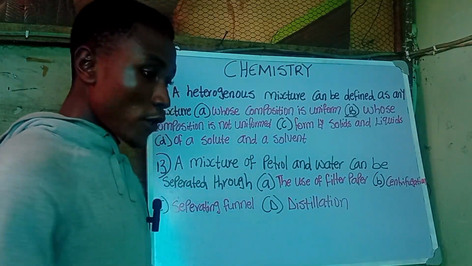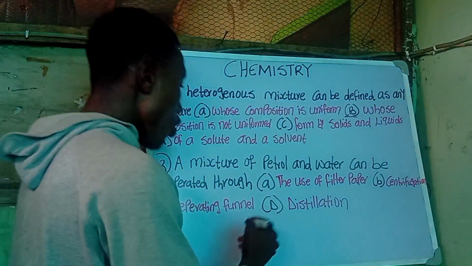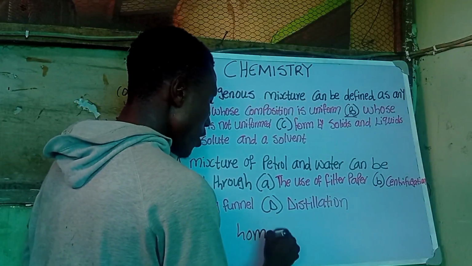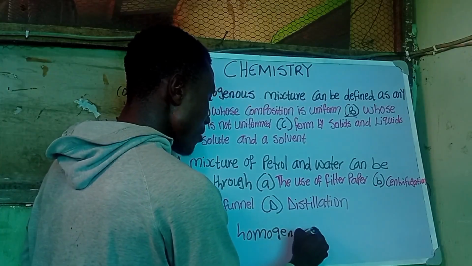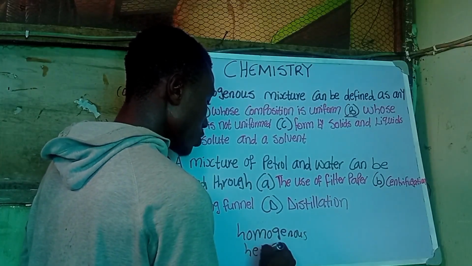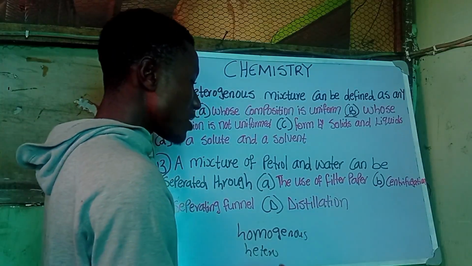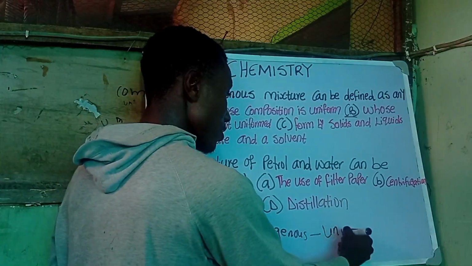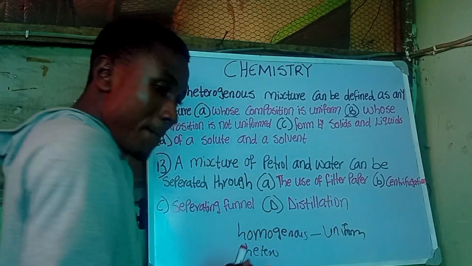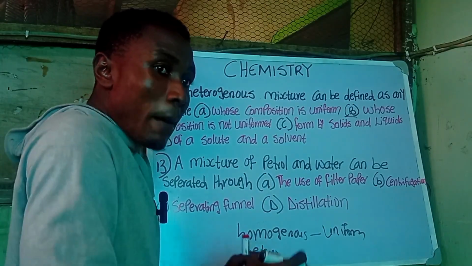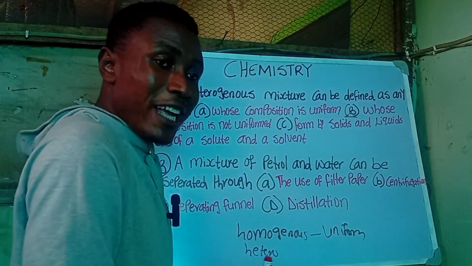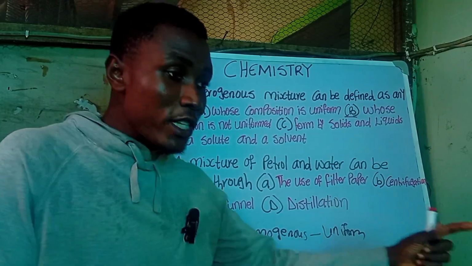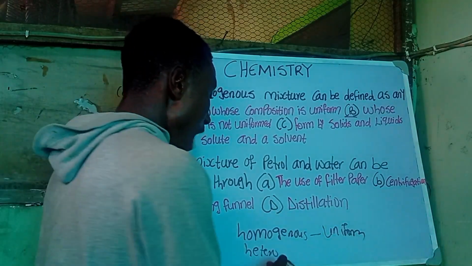We have two types of mixture. We have the homogeneous mixtures, and we have the heterogeneous mixtures. When we say homogeneous, this means that they are uniform. You understand? They are uniform. That means they are mixed together. So they are mixed. You cannot easily separate them. You cannot say this one is this, this one is this. They are mixed. And we have